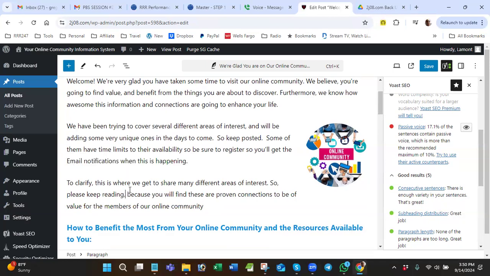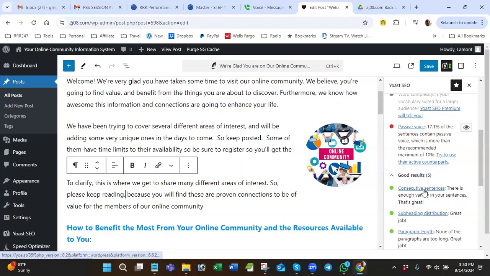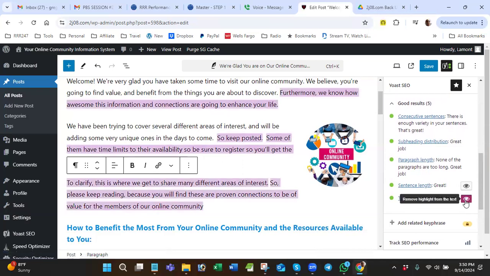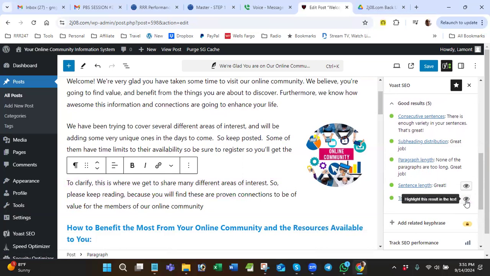You need a comma because "to clarify" is actually a transition. And if I want to know that, I could always click on see transition words disappear. Here it is. It's green, so yes, "to clarify" is a transition. So you can see I have a lot more transition words than Rory does. So anyway,